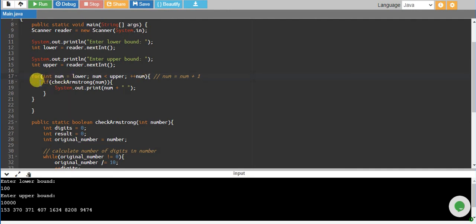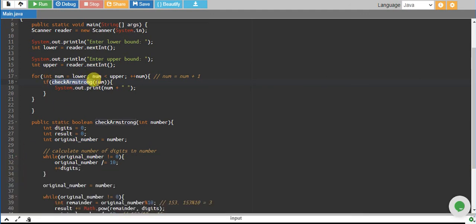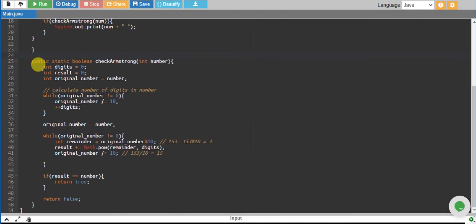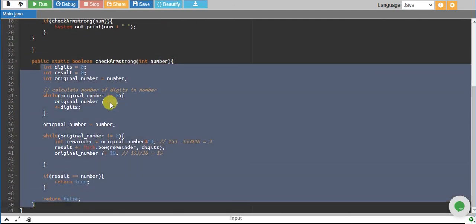Okay, and then we have given an if condition in which we have called the check Armstrong number function, and we pass our number into it. So this num goes into this number. Right over here, this code basically checks whether the number is an Armstrong number or not. If it is, it returns true.